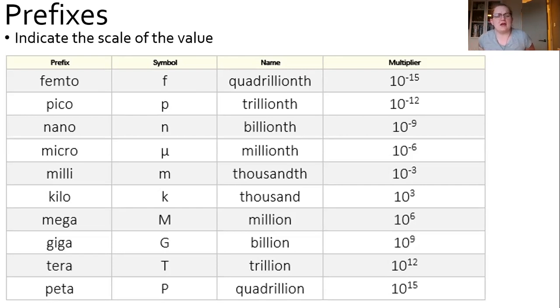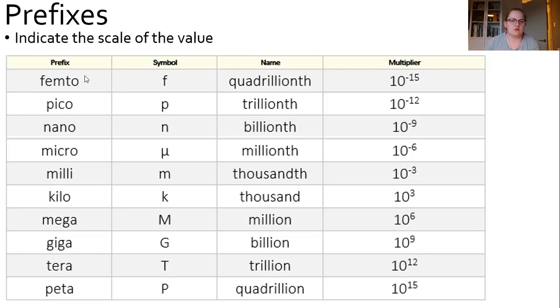Just because you can get asked to convert between different units. So it could be convert something that's in kilograms into picograms, convert something that's in nanograms into micrograms. So you have to be able to do those conversions. So knowing the prefix, the symbol, and what it's multiplied by is really useful. I won't sit here and read through them all. The ones that will come up a lot